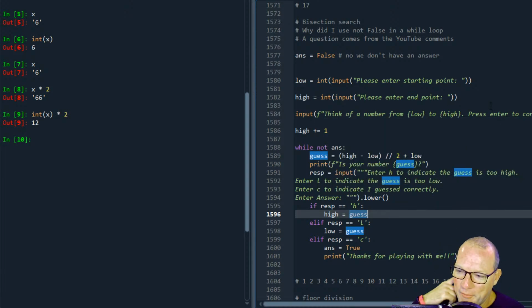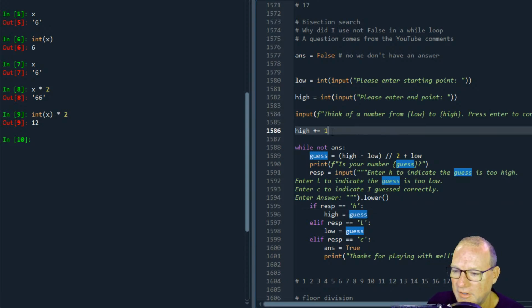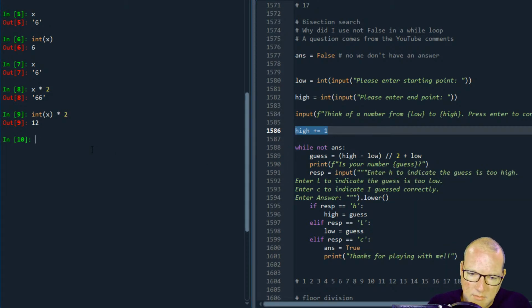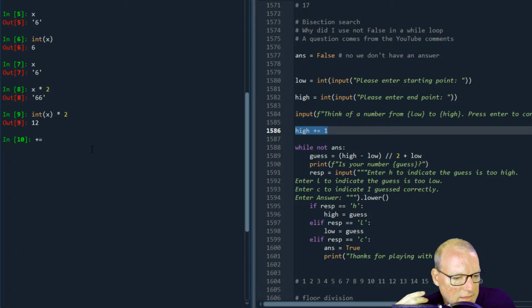Okay, so then we enter, and then this is where I handle this issue, where I'm taking, everybody know what this means? Everybody's seen this before? Does everybody know what that is?